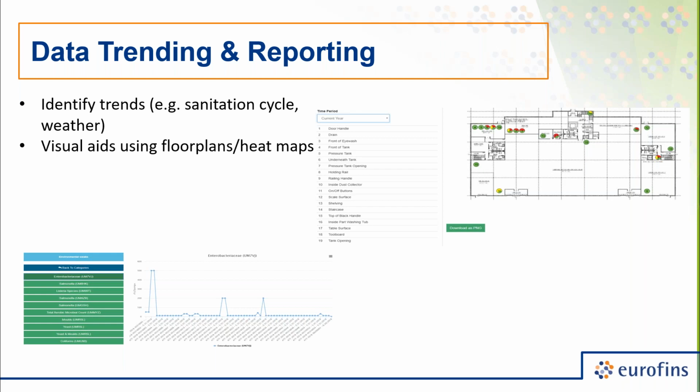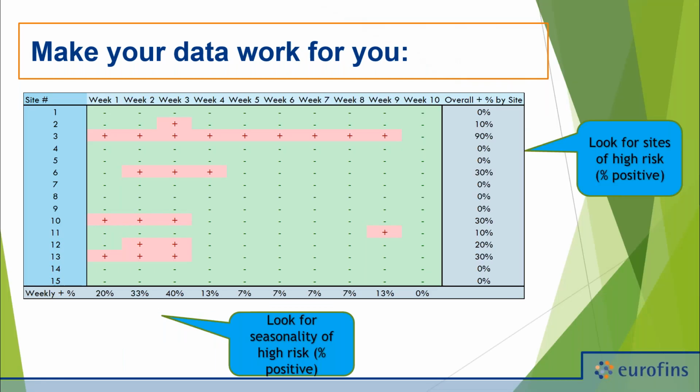So often when you talk to people about their environmental monitoring, they set it 5, 10 years ago or whatever, and they just keep implementing it. But as we've talked about in produce processing especially, we have dynamic risk and a lot of seasonal changes. So it may be that your environmental monitoring program needs to change over time so that you can best use your testing dollars to identify and manage risks when they're the highest.